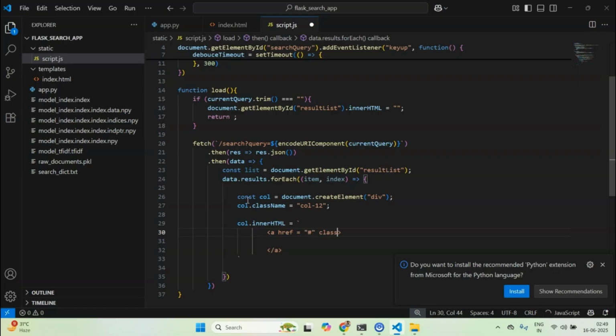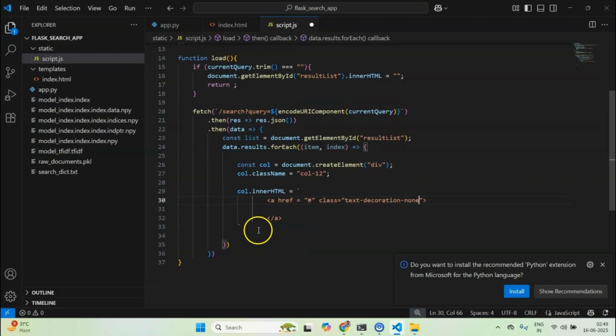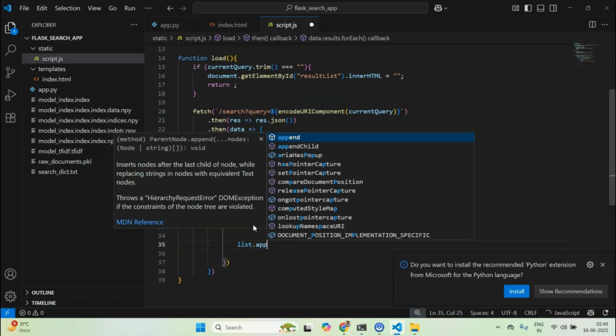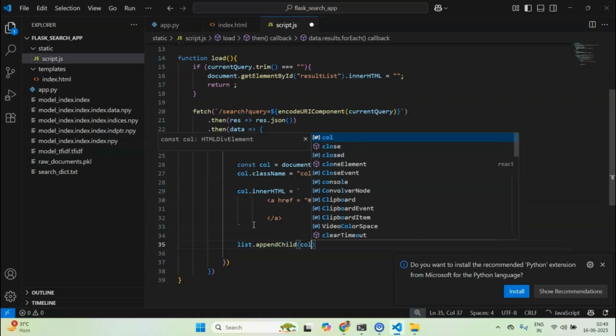So that's why I'm putting href to be hash, and the class would be text-decoration-none, and also this col should be appended to the list. So list.appendChild(col).